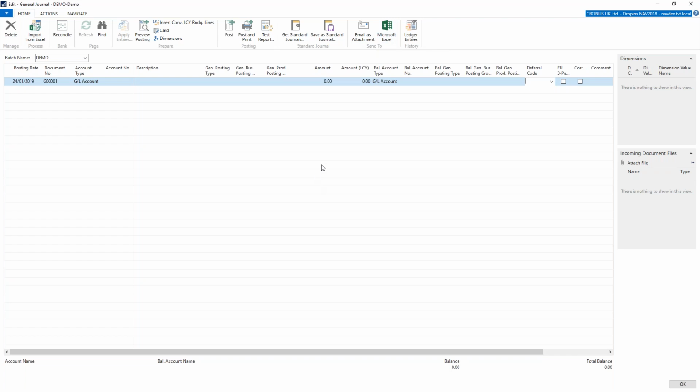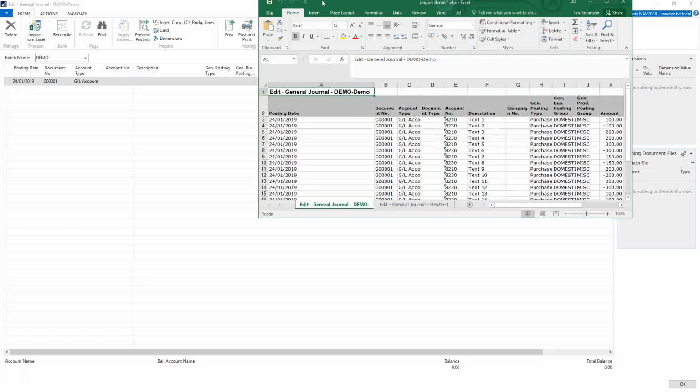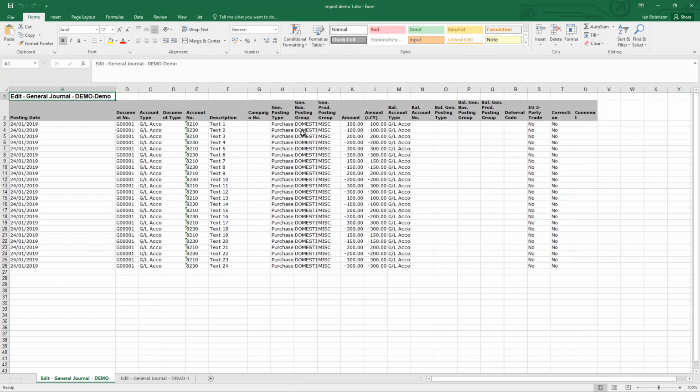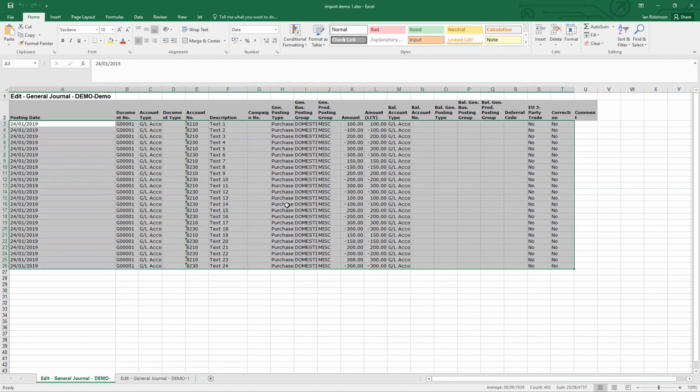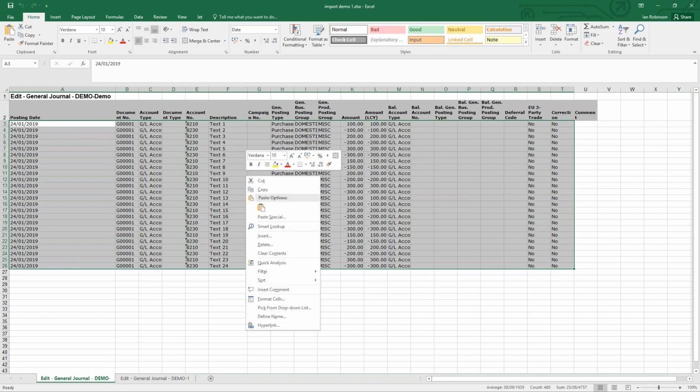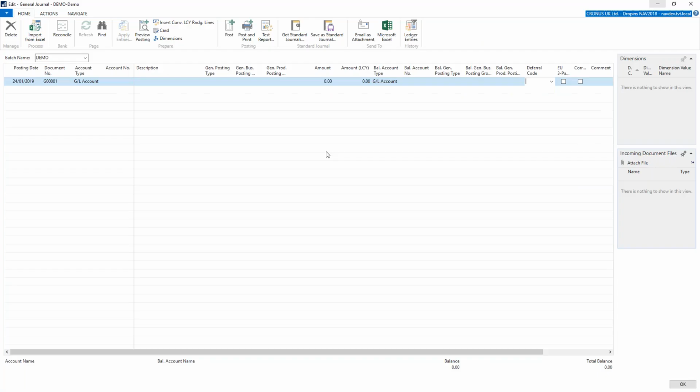So the first option that was mentioned was just importing data from Excel. So if I open up an Excel spreadsheet, which I've already prepared, give it a second to load. So I've got an Excel spreadsheet. On here, I've prepared a journal. This might be my accruals journal for the month. I've been filling it in as I go along. When it comes time that I want to import this information into my NAV or Business Central, I can simply highlight the relevant piece of data, copy, and then I can paste rows